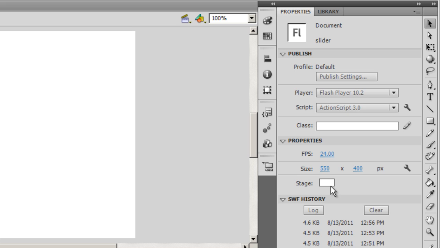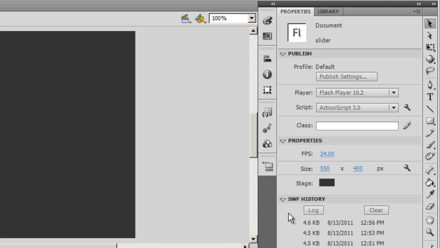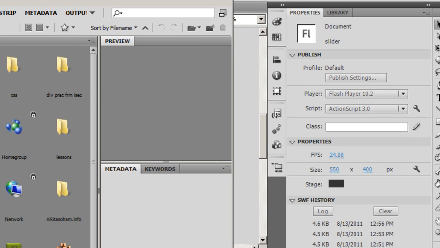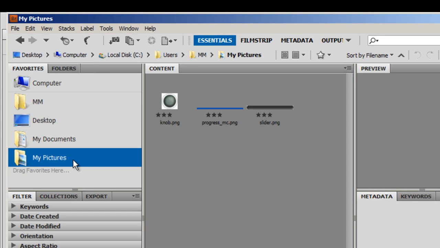Let's get started. The first thing that I'm going to do is, guys, I'm going to change the color of the stage. Alright. The second thing that I wish to do is, I will bring in 3 pictures that are needed for this project. I'll dig into my pictures